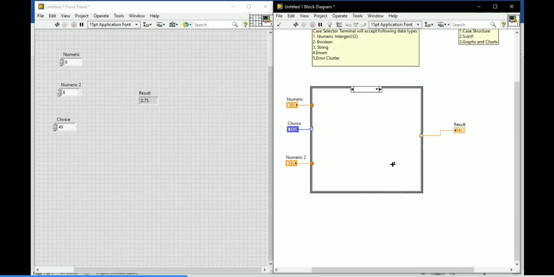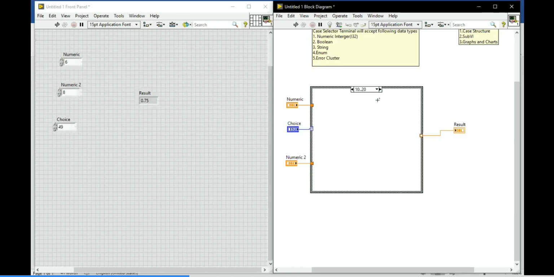In that case label just give 10..20. If you give 10..20, this case will execute if the choice value is in the range of 10 to 20. You have to put a double dot, 10..20, over there. It will handle case 10 to case 20.